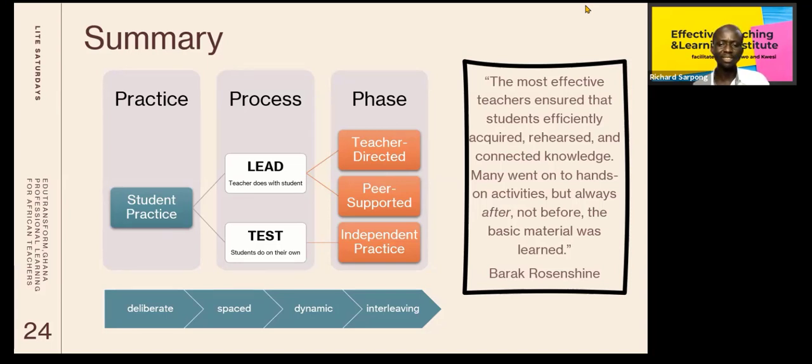And when students have mastered this, you can only move to where students are doing tasks on their own, which is the testing phase, when you can assure yourself that for every child in the class, he or she has achieved 85% mastery of the basic material that has been presented to them through the guided practice phase, where the teacher leads through directed teacher practice work, as well as the peer support learning or practice opportunity that are given to them. When that has been achieved and every student can show 85% proficiency,